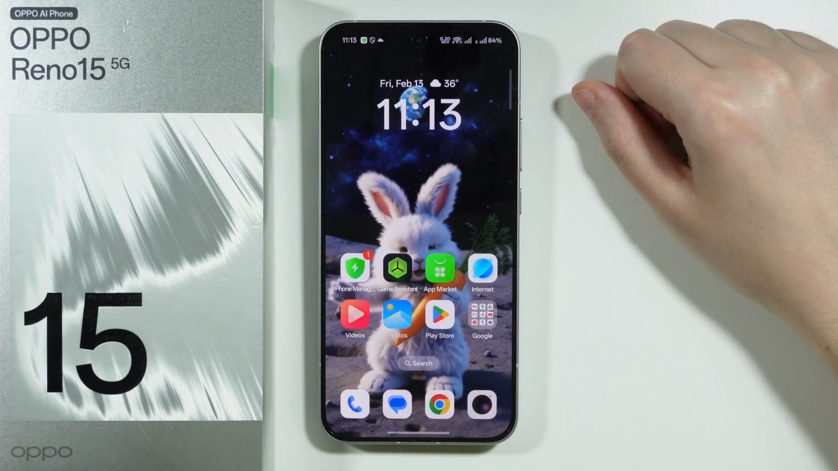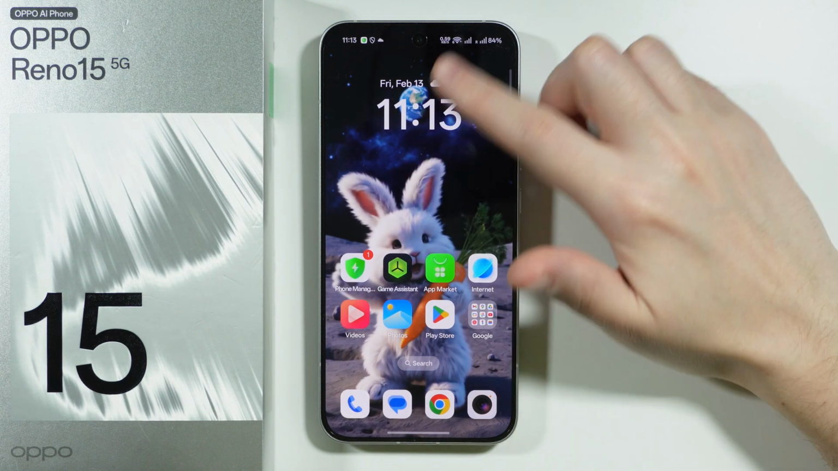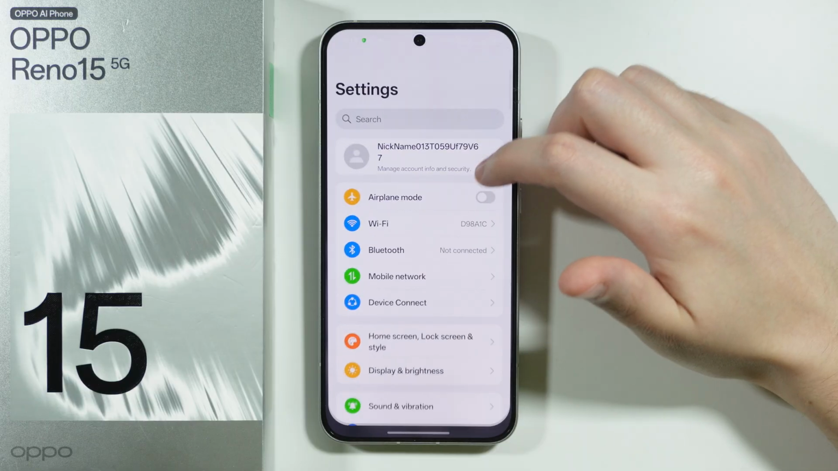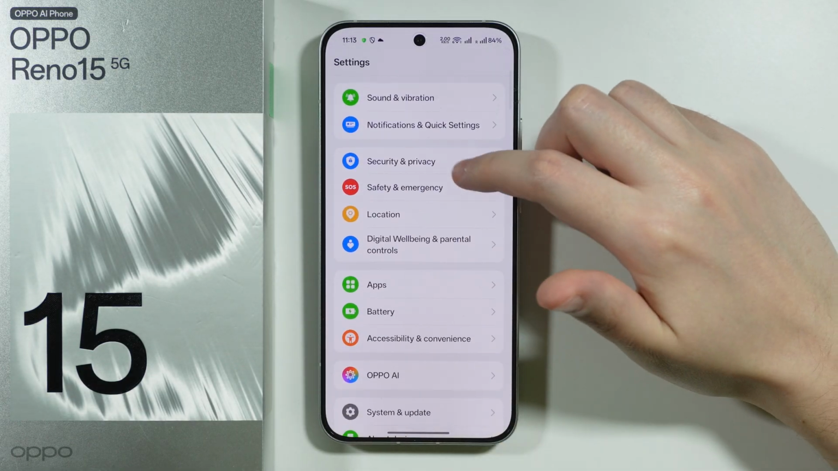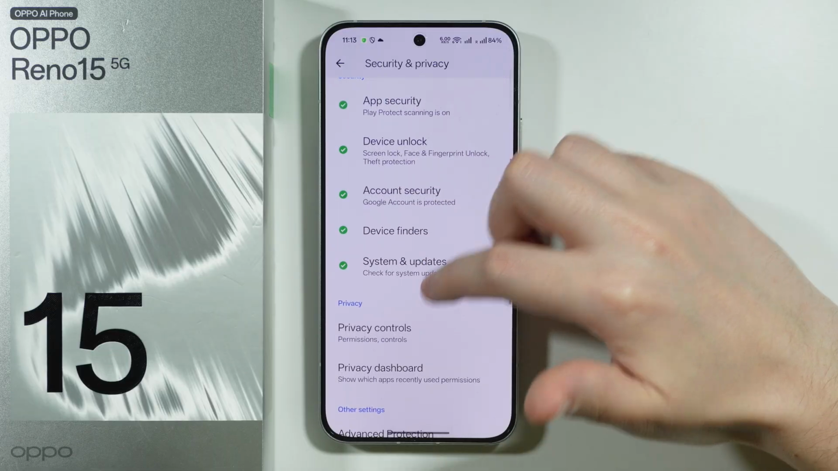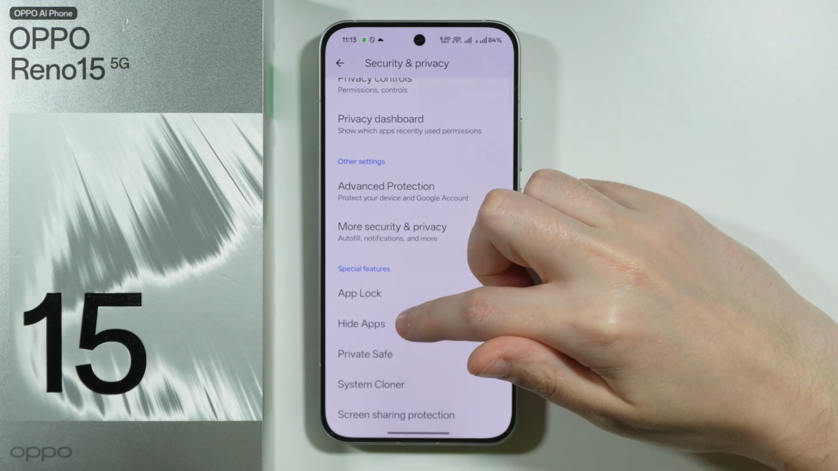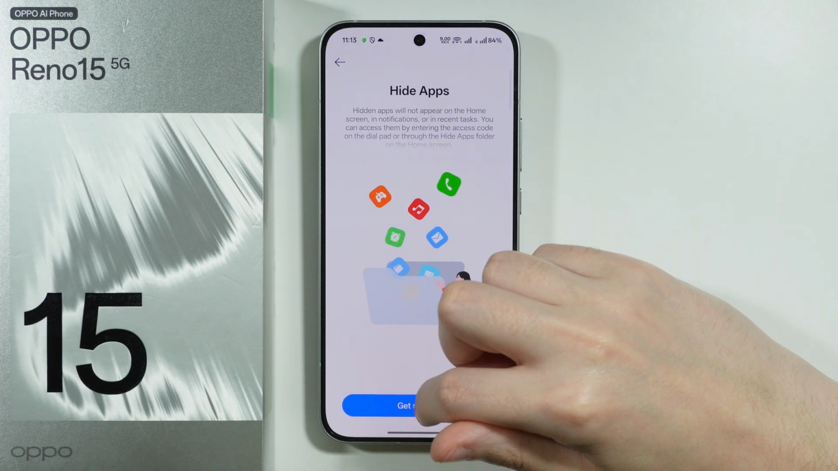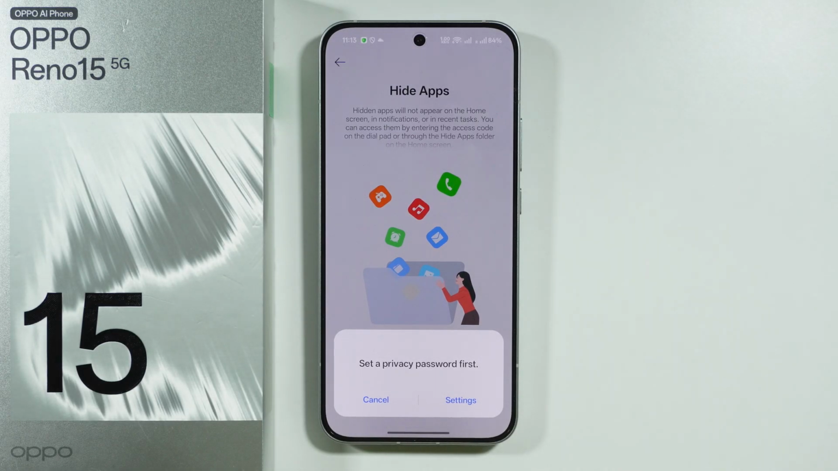If you want to hide apps on OPPO Reno 15, first of all, we need to go to Settings. Now over here in Settings, we should be able to find Security and Privacy. Now in here, we're gonna scroll down and we need to find the Hide Apps option. Now we can press get started, and in order to be able to use the Hide Apps feature, you need